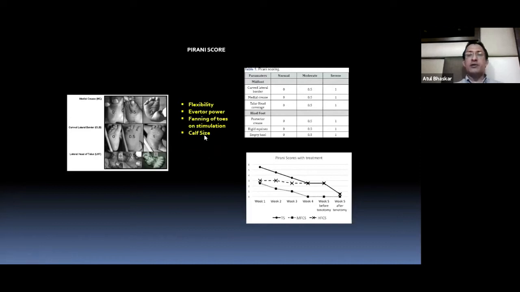Calf size again is smaller in clubfoot. So if you have one-sided clubfoot, always examine the calf size. You can measure the midfoot circumference and comment on that. Remember, the clubfoot affects the entire leg from the knee to the foot. So don't only examine the foot, but you must comment on the calf size as well and the power. If the child is walking, you must comment on the foot size. So usually if it's unilateral, the foot size is smaller, at least by one size or up to a centimeter.